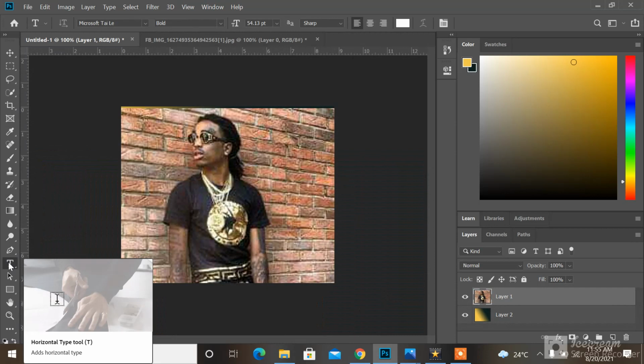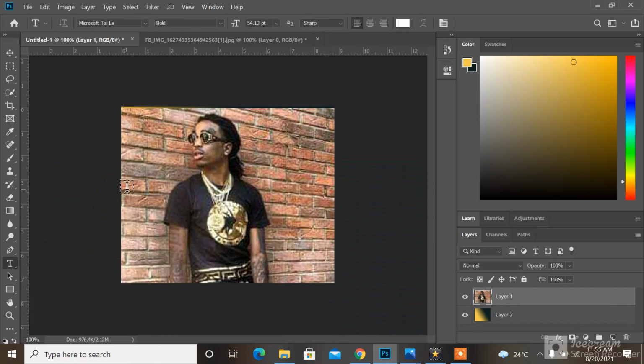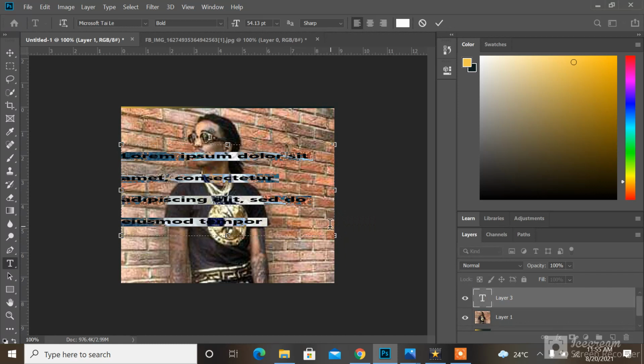So the last tool I'd love to explain to you guys is the horizontal type tool. This one is used for typing. So this is how I use it. You just come here where you want to put the text. You can hold and drag. You can see the text box come out. Then you can write what you want. You can say, please